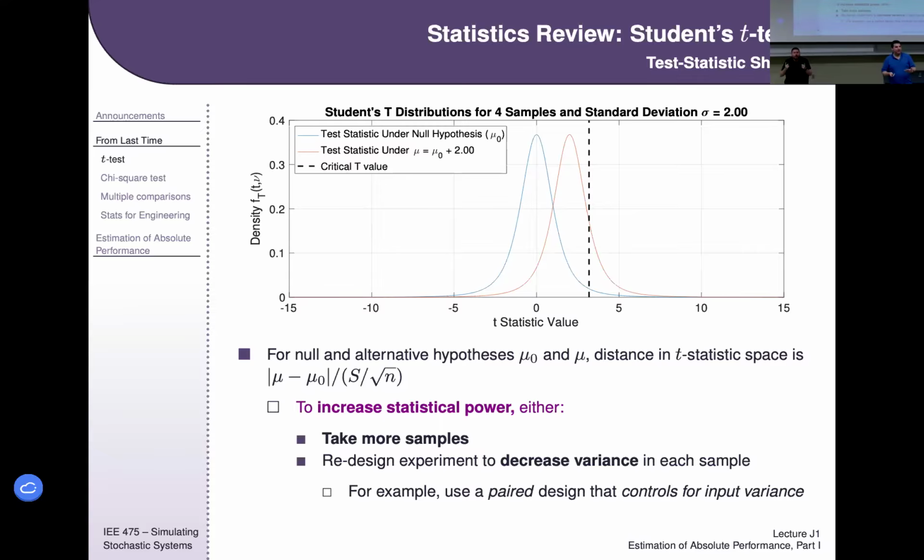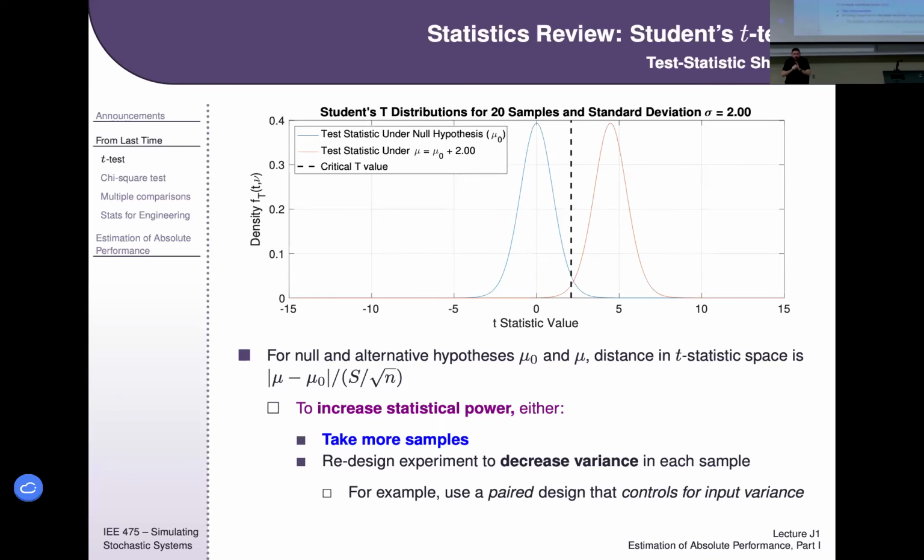So what happens when you increase the number of samples? Not only does it change the shape of these t distributions to make them higher and the tails narrower, but it separates the alternative hypothesis. This is the same alternative hypothesis here, the same alternative generator. It just has a unit 2 mean difference. But now in t space, it's been shifted over to closer to 5 here. So I've now separated them out. Now there are fewer overlaps between the t distribution from the hypothesis and the t distribution from the alternative